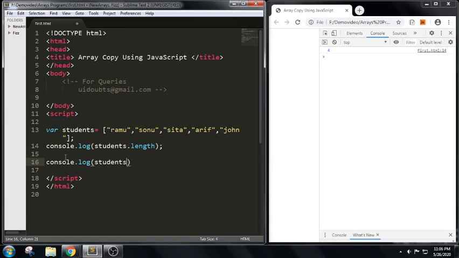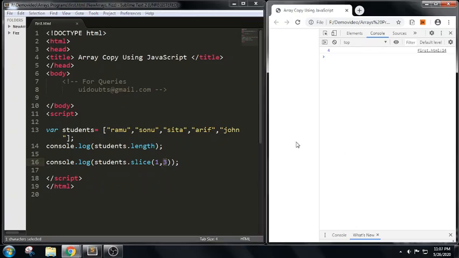For suppose if I write console.log students dot slice of 1, 3, 1 indicates from where to start, the first argument. The next argument indicates where we need to end, but it will not include that argument value.